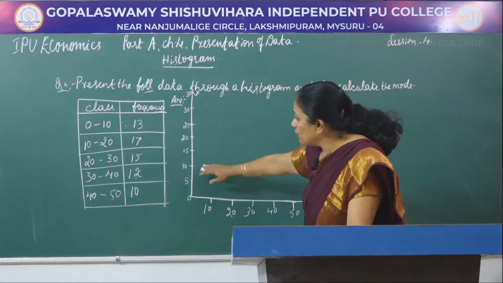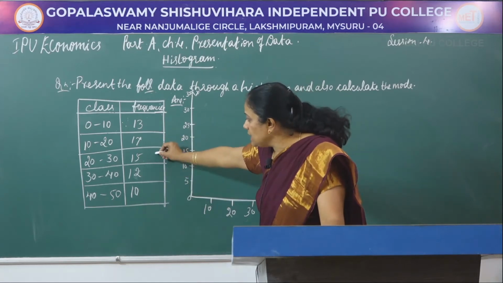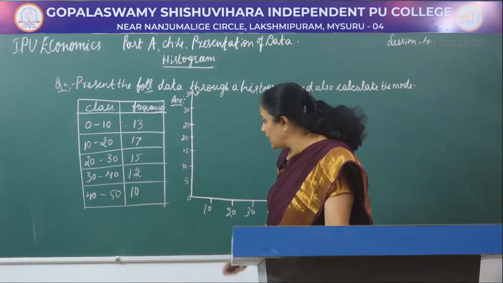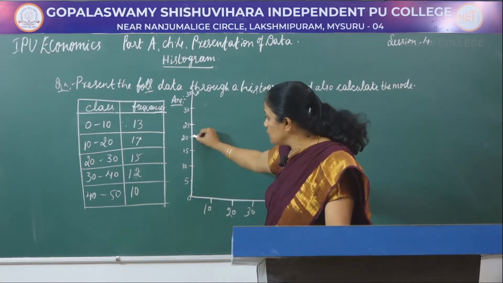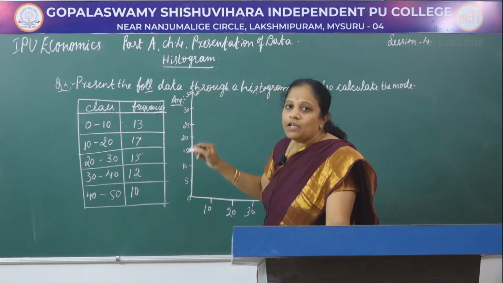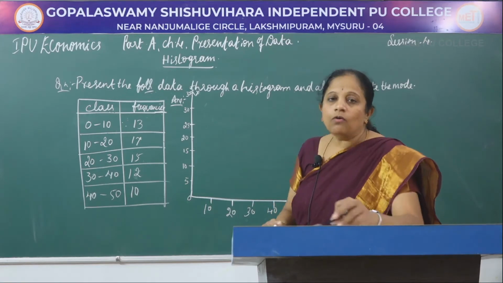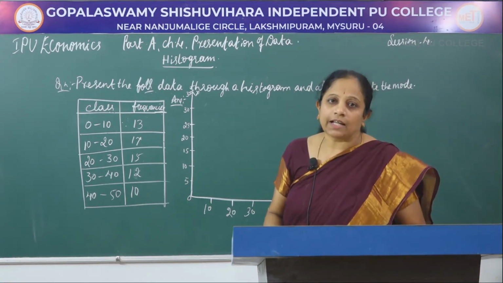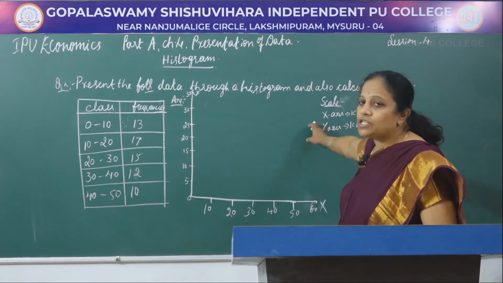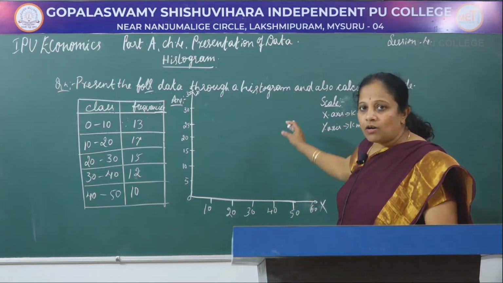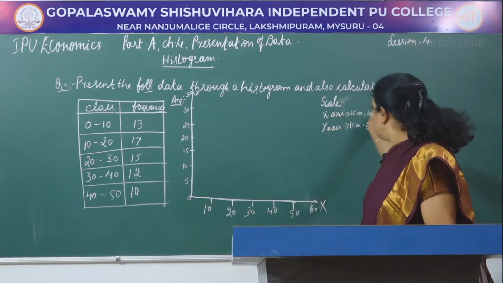After this we have to decide the frequency intervals here. Since it is ranging between 17 and 10, I have taken the first one as 5, then the second one is 10, 15, 20, 25, 30, 35. These should have equal intervals. Now we should mention the scale on that graph. Whatever scale we have taken on the graph, we have to mention it above the graph only. Here on the x-axis, 1 centimeter is equal to 10 units.